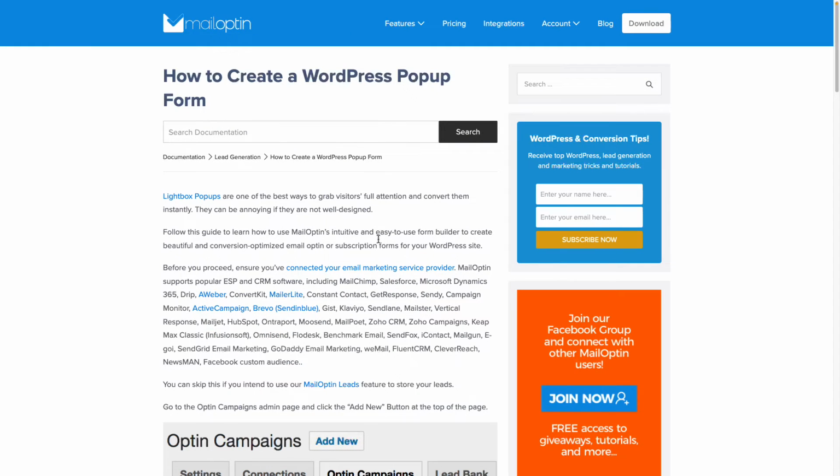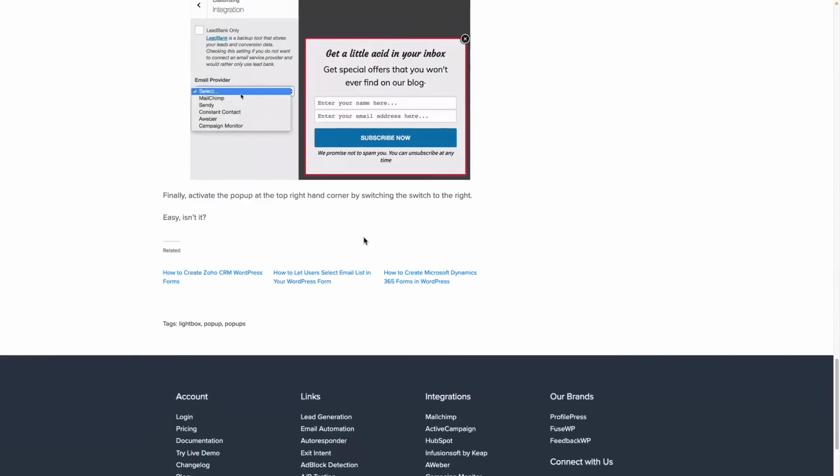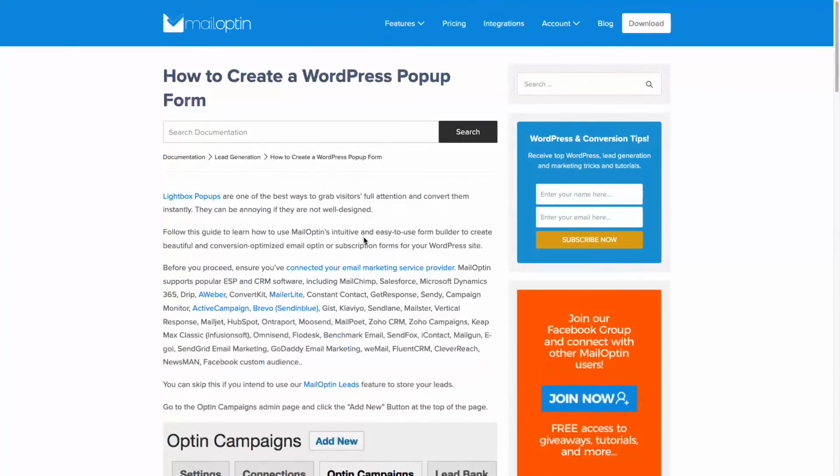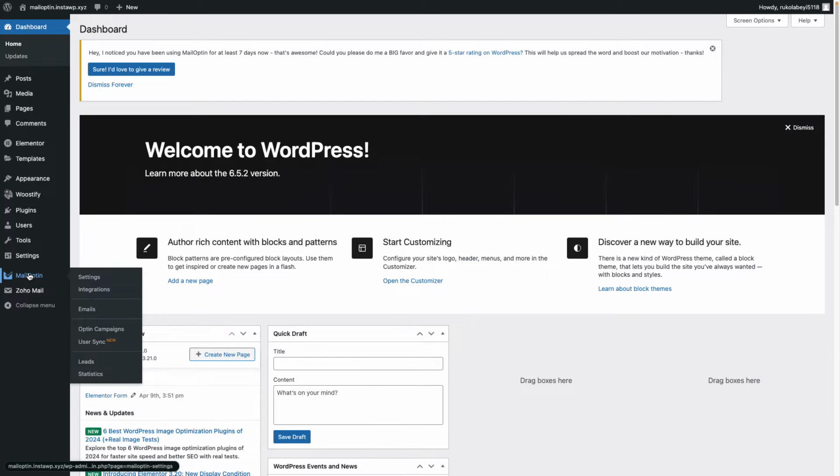In today's video, you're going to learn how to create a WordPress pop-up form using MailOptin. For this demonstration, we'll be working with this documentation, and I'll be leaving a link to it in the description down below so you can follow along. All right, so to begin from WordPress, hover over MailOptin on the left-hand side and go to